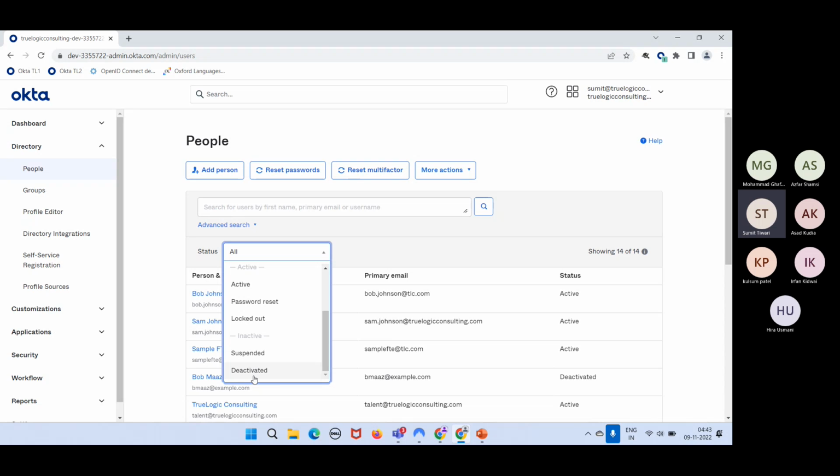Deactivated is again when a user gets offboarded from an organization or the account is no longer needed, then we deactivate the account. It is equivalent to termination or offboarding. Suspended is similar to deactivation, but the difference between deactivation and suspension is for a shorter time period, while deactivation is like a long-term or permanent separation from the